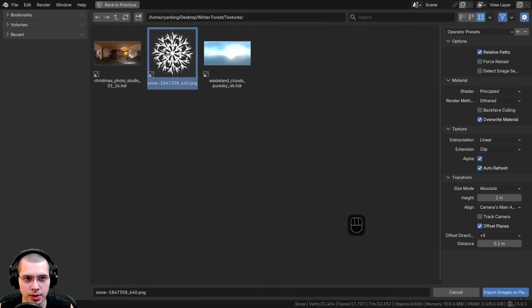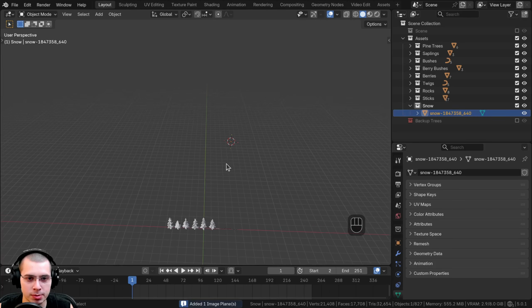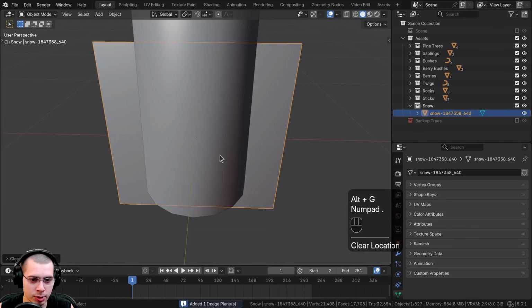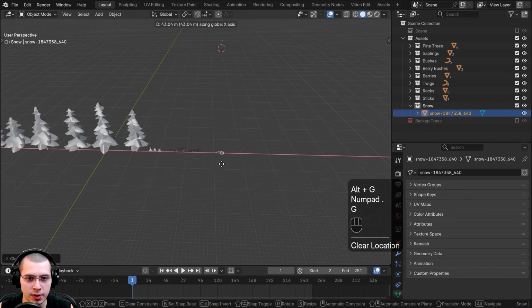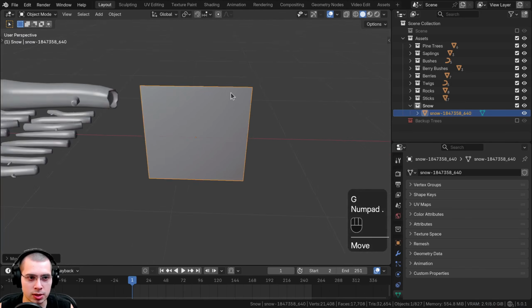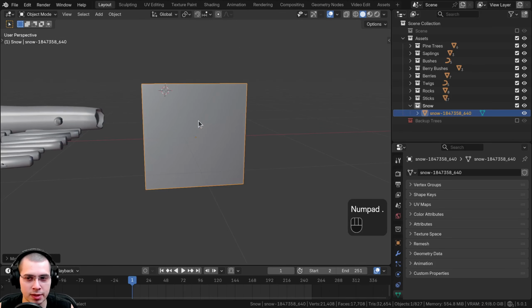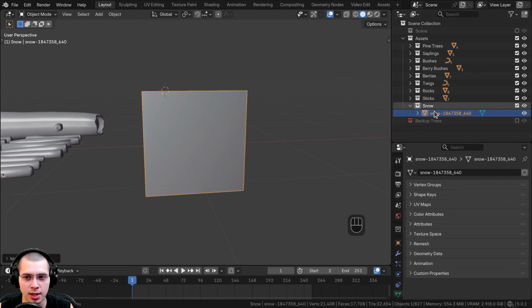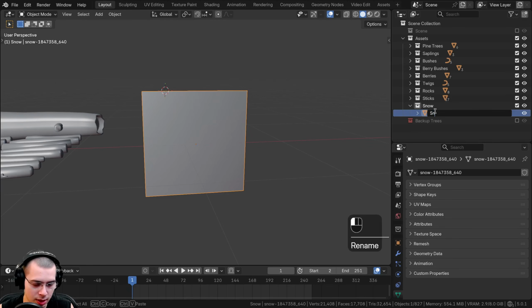So I'm going to be downloading this snowflake image from Pixabay, so you can download it with the links in the video description. And then I'm going to click on import images as planes, and I'll hit Alt-G to bring it back to the very center. And then I'll just bring it over here, and let's just zoom in. And I'm not going to scale it. I'm just going to leave it at the size that it currently is. And I'm going to put it in the snow collection, and I can just call it